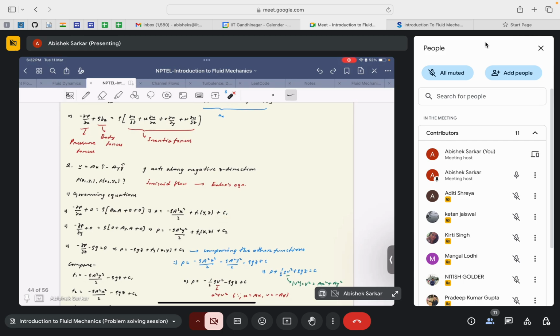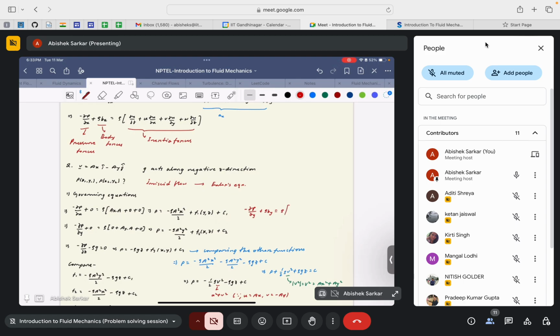Okay, similarly along the y direction I have minus dou p by dou y plus 0, because the body force along the y direction is 0, since g acts along the negative z direction as mentioned here. I will write the equation to remove any kind of confusion. Along the y direction the equation would be minus dou p by dou y plus rho g_y equal to